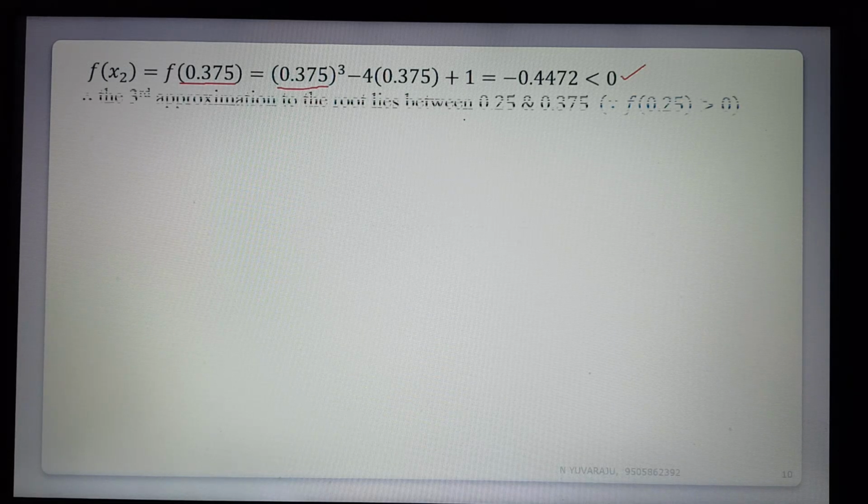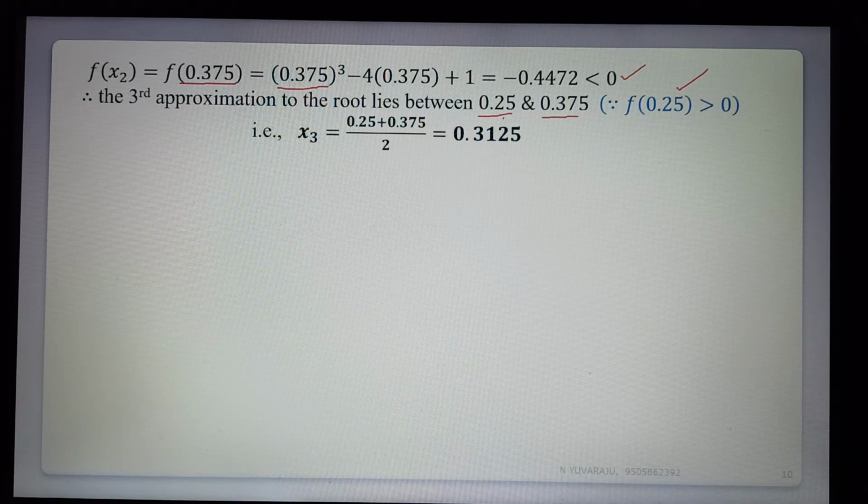That is the third approximation: the root lies between 0.25 and 0.375, because f of 0.25 is positive and this is negative. We should take the values where one is negative and the other is positive, opposite signs. Okay? So the third approximation is of these two values, 0.25 plus